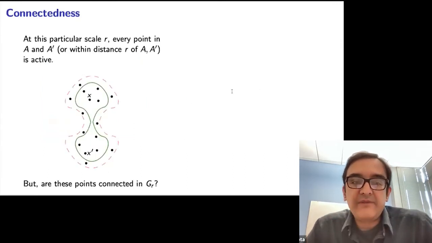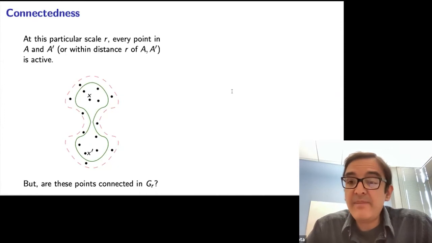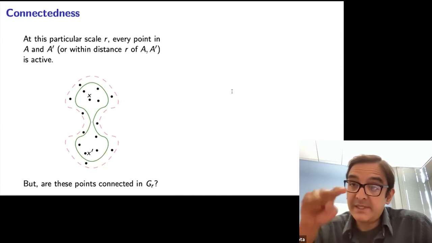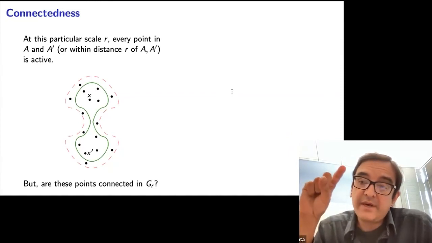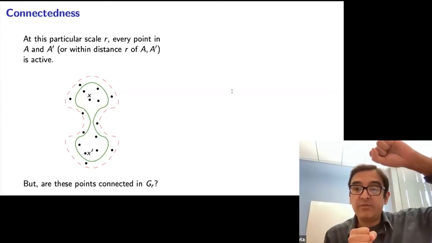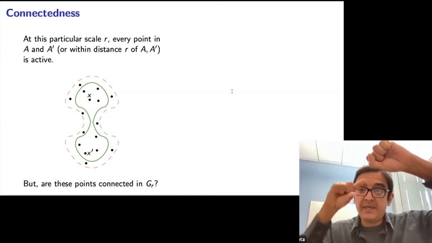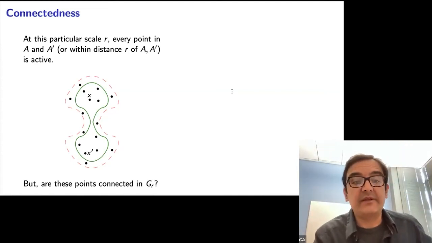Okay, so here we have one of these clusters, A or A prime, and as usual, it is just some weird looking region. Every point in it is active, as are points in the little buffer zone around it. But now we have to show that between any two points, there is a path, okay? Because we're just connecting points that are at distance R square root 2 from each other. And so between any two points X and X prime, there's a path consisting of points that are distance R square root 2 of each other.